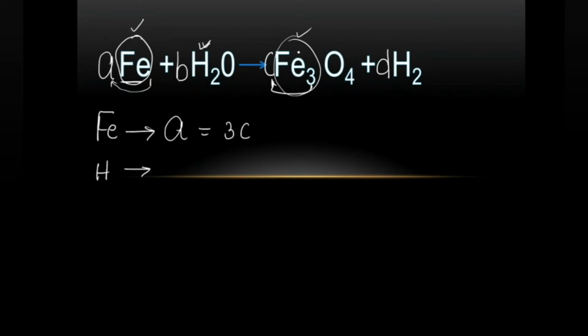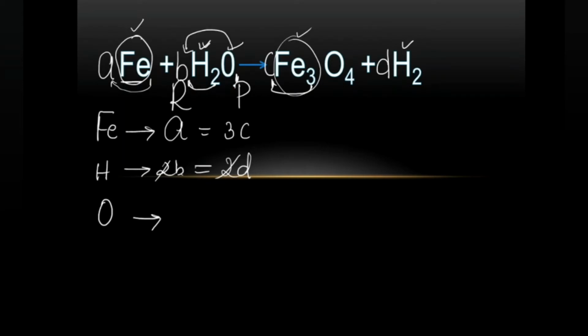Now another participating member here is hydrogen. Hydrogen occurred here one time and here also one time. Why I am making you know this, sometimes there will be 2 times split up, so we will have to handle that a little bit differently. Hydrogen 2 into B, so 2B in your reactant side, equal to product side hydrogen, which is 2D. Whenever you come across the same number, you can cancel this and make it B equal to D. Then one more member, oxygen over here. How much is it? B, no number written over here, it's only B, equal to 4C.